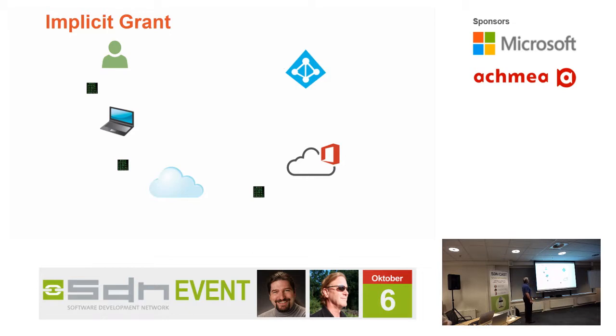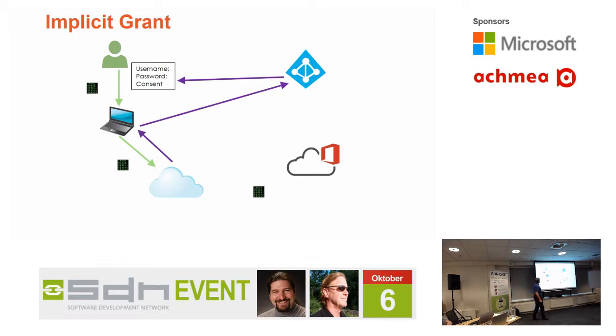So the implicit grant flow is what we'd use if we were building something like a single page application or something that's running in the browser. And how that works is we go and get the